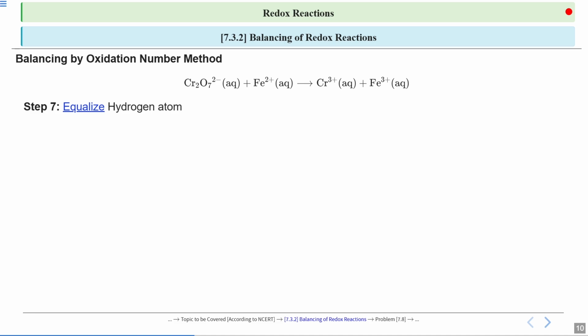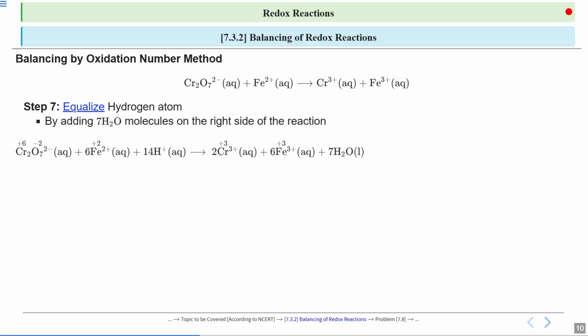Now we will equalize the hydrogen atoms. And how can we equalize the hydrogen atoms? We can equalize the hydrogen atoms by adding water molecules on the right hand side. Now the question arises how many water molecules you have to add, as it is mentioned over here that 7H2